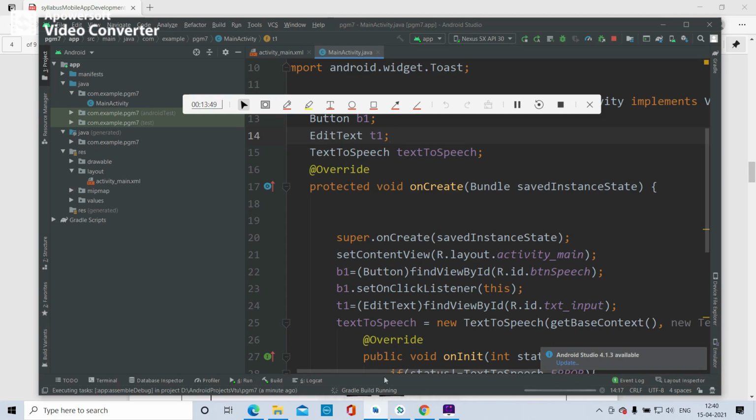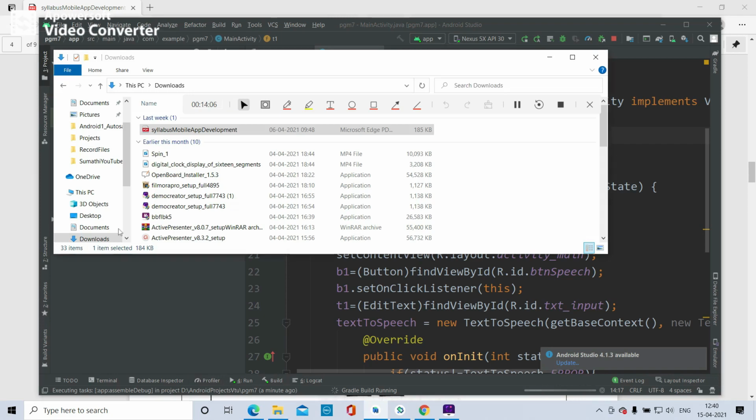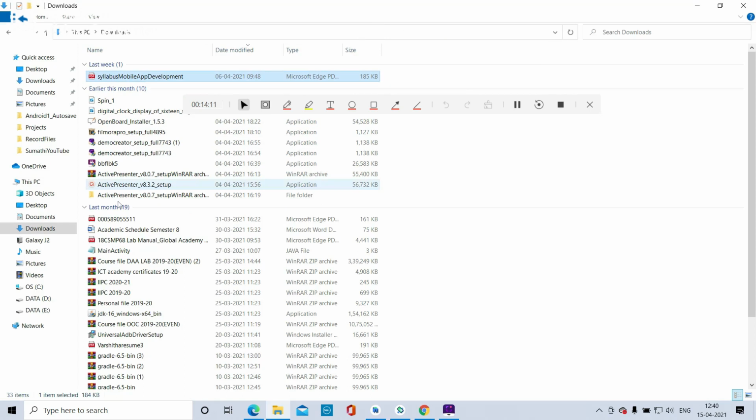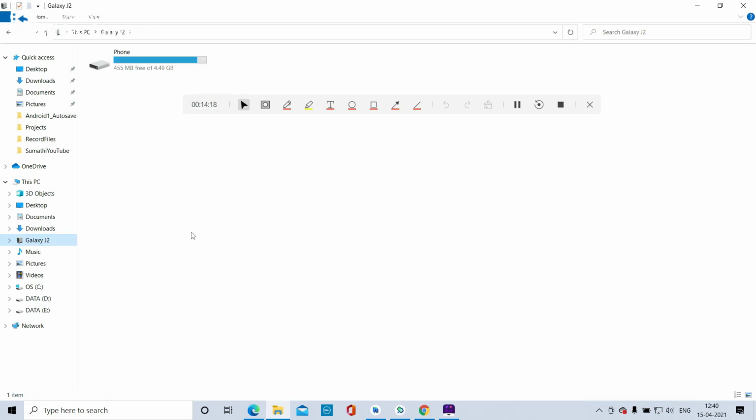See, first you have to connect your mobile to the laptop by using a USB cable. Once you connect, it shows the mobile is connected. Okay, in the My Computer dialog box, you can see Galaxy, which indicates your phone is connected.